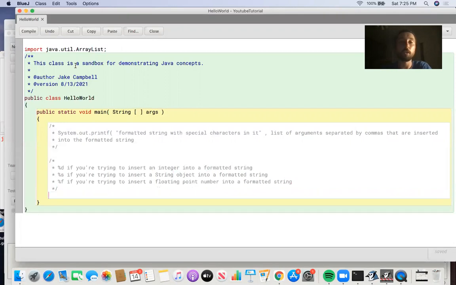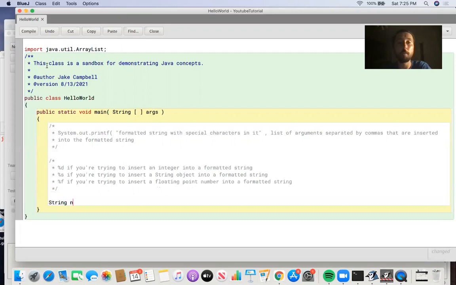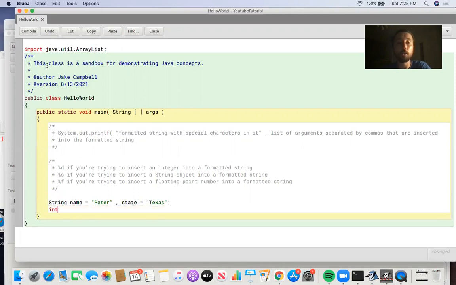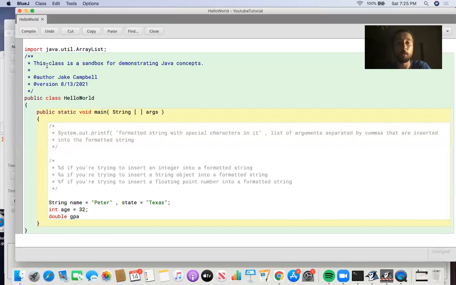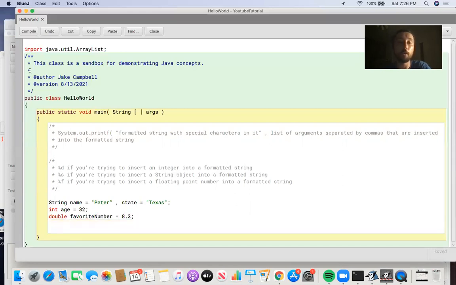So here's how it's going to work. What you're going to do is you could say, you know, String name = "Peter", and then you could say state = "Texas", and then you could say int age = 32, and you could say double favoriteNumber, I don't know, is 8.3. Okay, and so now what you can do is you're going to write System.out.printf, and you're just going to have